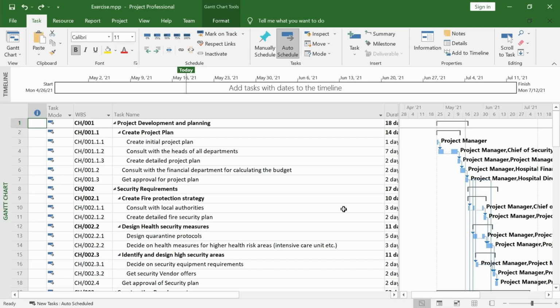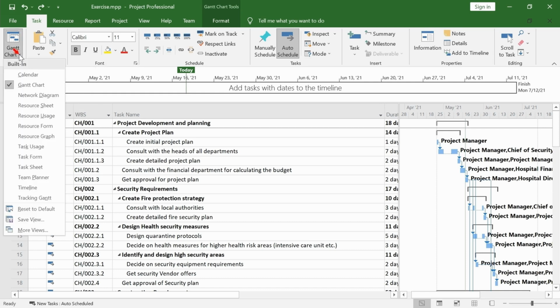You can also print part of a project by defining the date range you want to print. Click on the arrow of the Gantt chart icon of the ribbon. Select the Team Planner view,